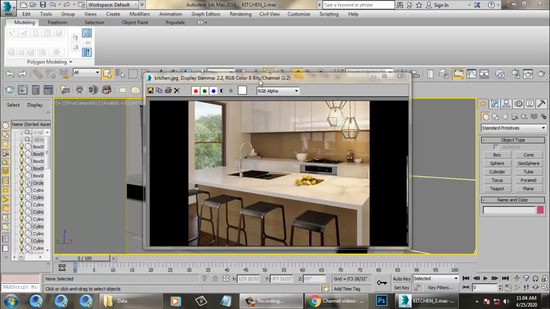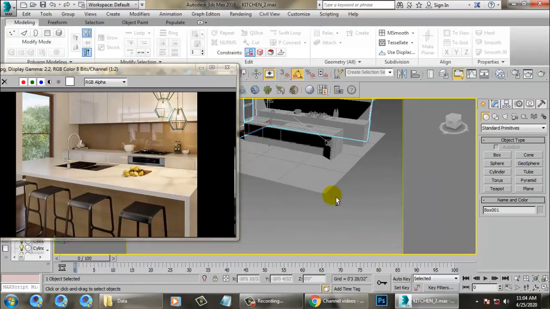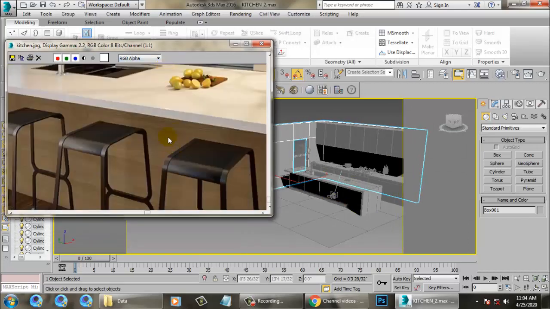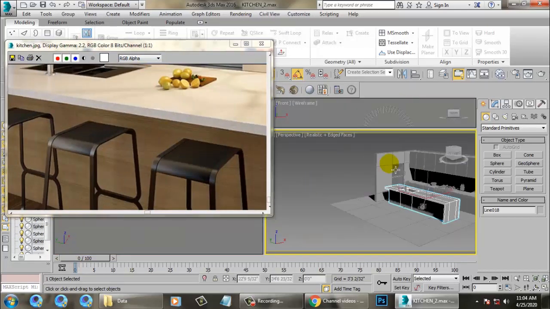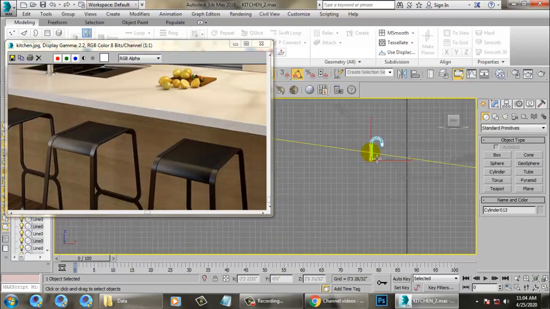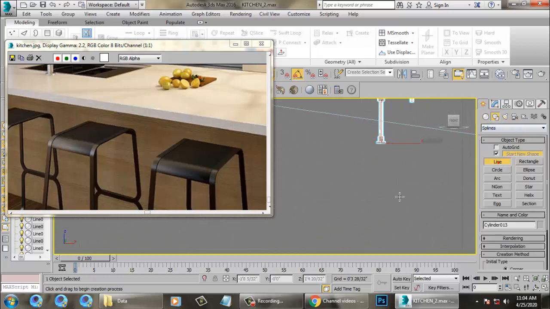As we have seen in the modeling of this kitchen, let's continue with the seats first. For that, let me take the front view. Let's go into spline and take a line.